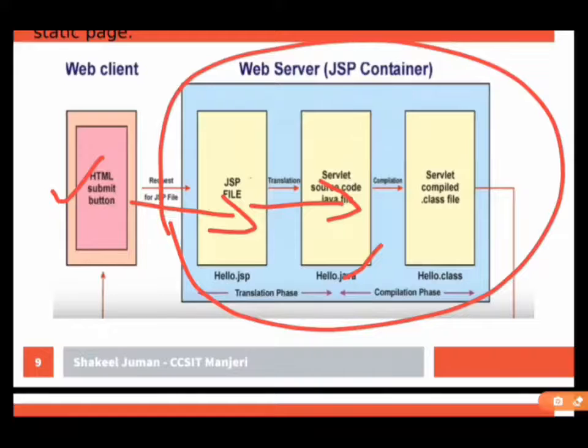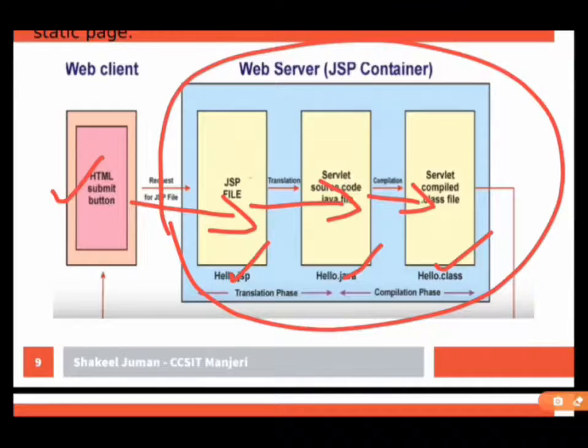The JSP engine again compiles it and converts it into the servlet .class file.